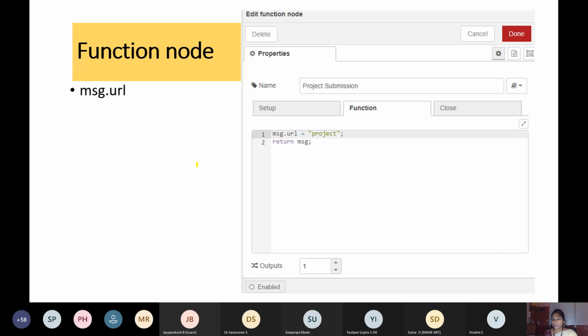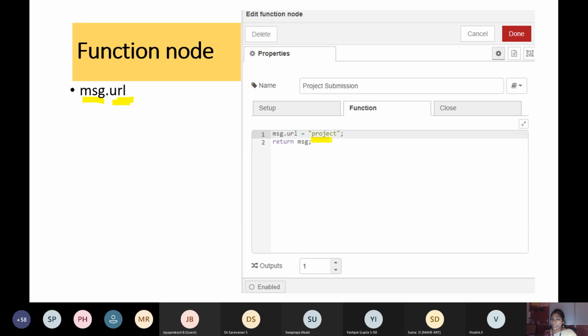Here we are going to use an object called msg.url, so we are going to work with this website address. I'm going to use a name called project. This is also a user defined variable; you can give any name to it. For our reference, I'm going to use a name called project.